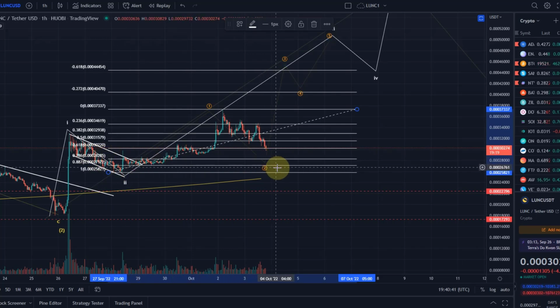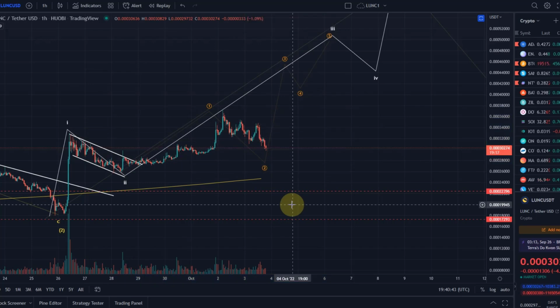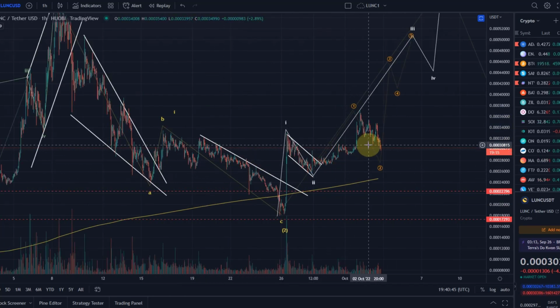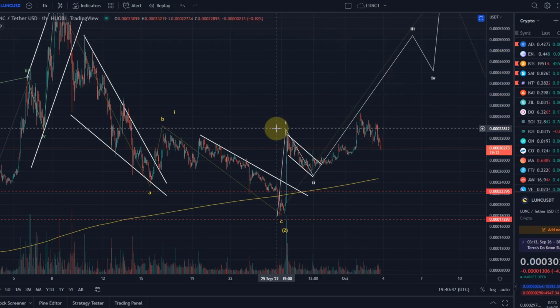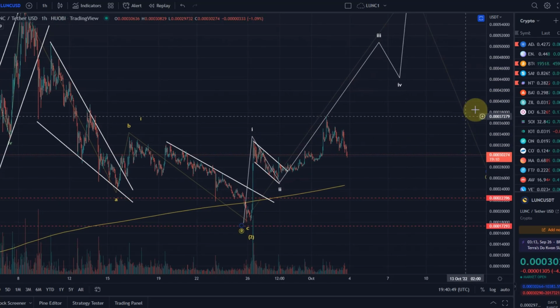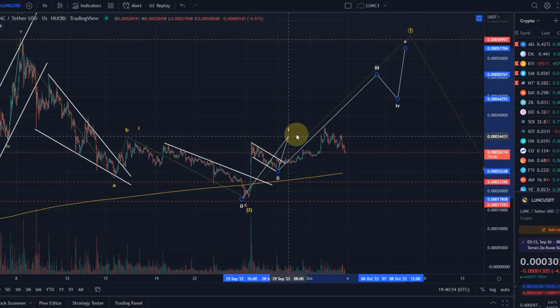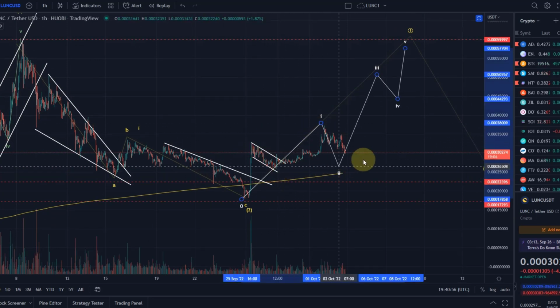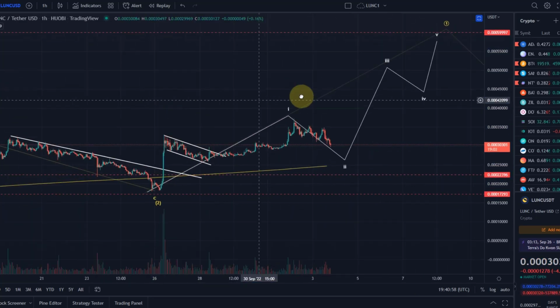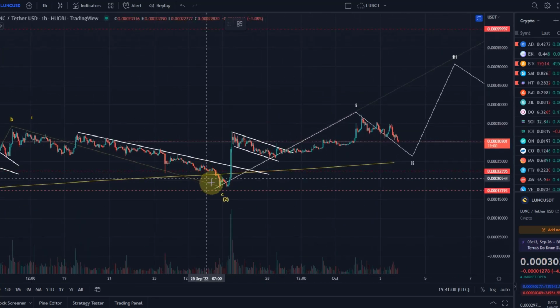Now if we lose this level, then I think something else is getting much more likely, and that would be the, let's say, short-term, more bearish option, but medium term it would be the same outcome basically. Now that would assume that all of this was a wave 1, which is possible to count as well. Yeah, especially if we go into the lower level here, we would then have to say that this was a